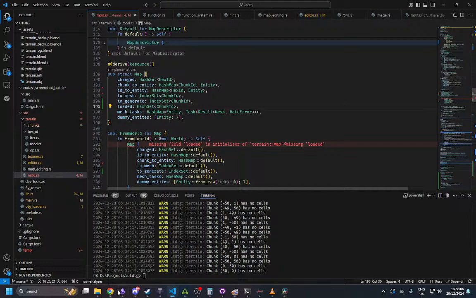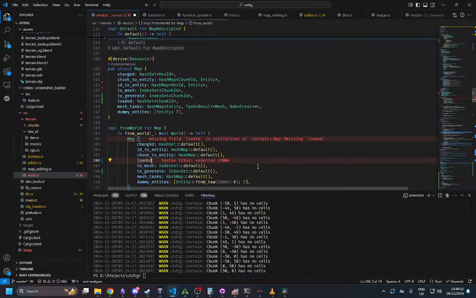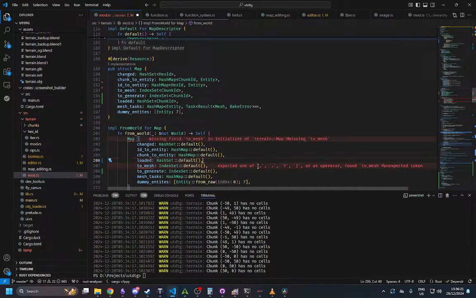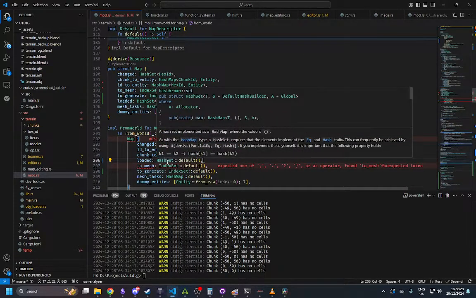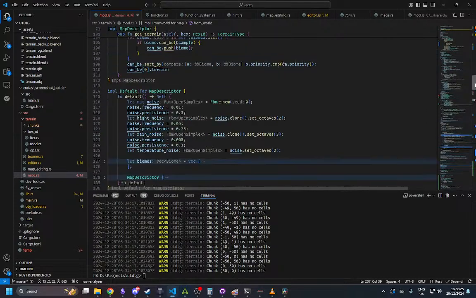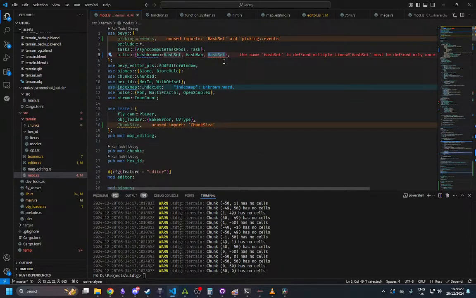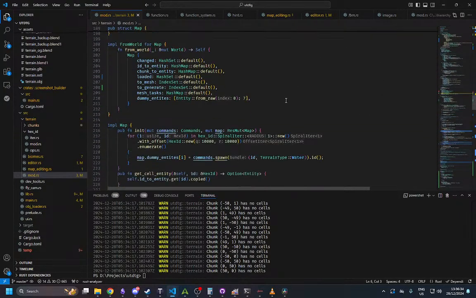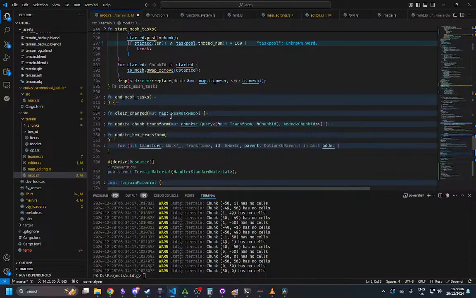One optimized for 2D, one optimized for 3D. So we need to go loaded. It's a hash set. Default. Now I don't think I wanted that because it's going to compare types. No? Okay. Yeah, I've got two sets of hash set coming in. Okay, cool. So loaded, which means that when down here, when we generate a chunk,